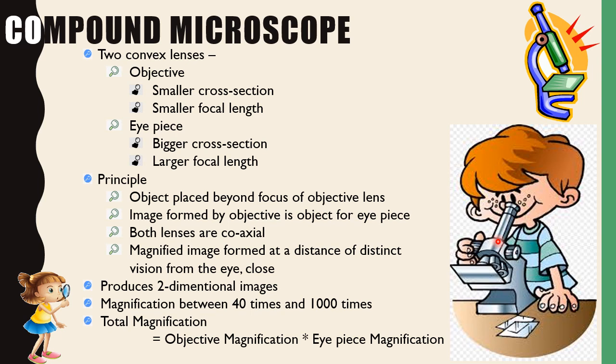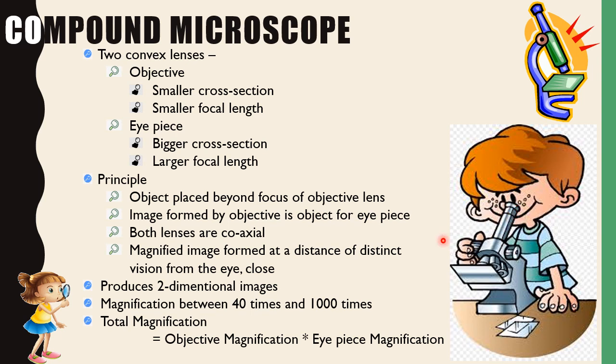That magnified image, which is formed somewhere here, will be the object for the eyepiece, and the eyepiece is also another convex lens. Another peculiarity is that both the objective and the eyepiece are coaxial, meaning the principal axis lies on the same line. The magnified image is formed within the distance of distinct vision over here,